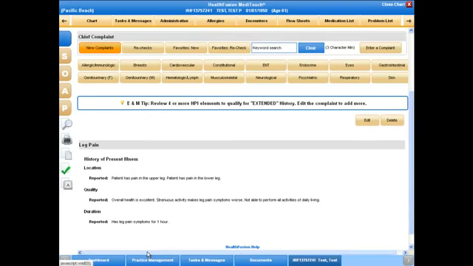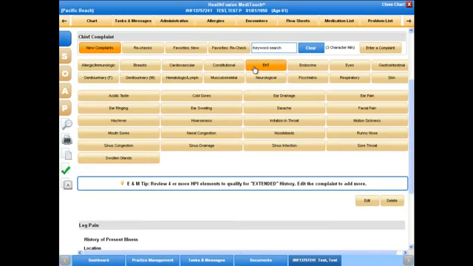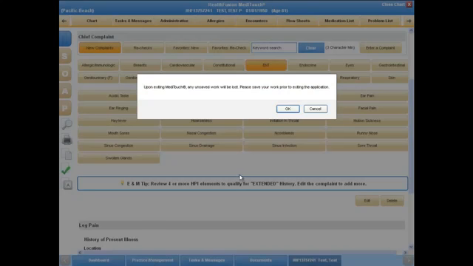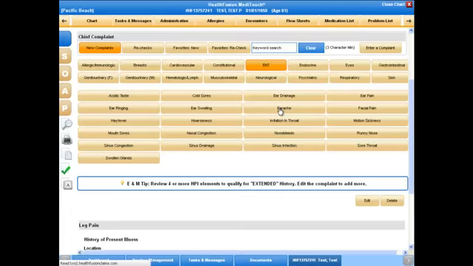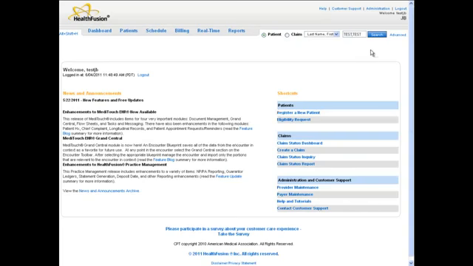Now, just as a reminder, HealthFusion MediTouch does have a lot of default complaint forms in there, so navigating into any of the body systems, you will find that there will be multiple options to choose from. Feel free to use any of the default forms given by HealthFusion. Now, we're going to navigate back to Practice Management, back to Administration,